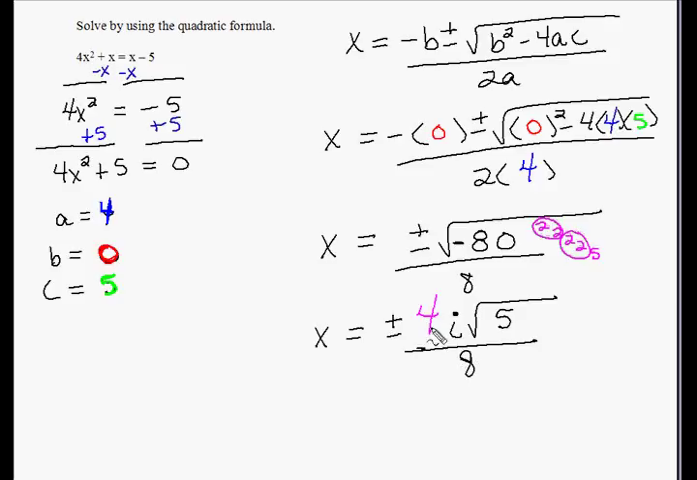So we'll want to try and do this reducing, and now we actually get to do it because nothing's being added to this problem. We do have a positive and a negative, but we can do this straight reducing. 4 goes into 4 once, and 4 goes into 8 twice. Our final answer is x equals plus or minus i square roots of 5 all over